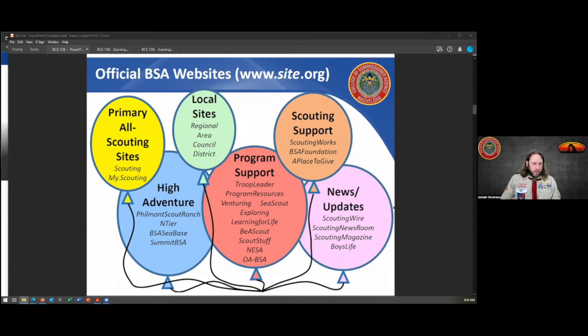Let me drop in the notes here real fast. A handout for you. That's the official BSA website handout. There in the chat, if you'll grab that. It has a lot of these links. Some of them look a little out of date. It still mentions Western region or areas and regions. Those are gone at this point. So those have changed a little bit.